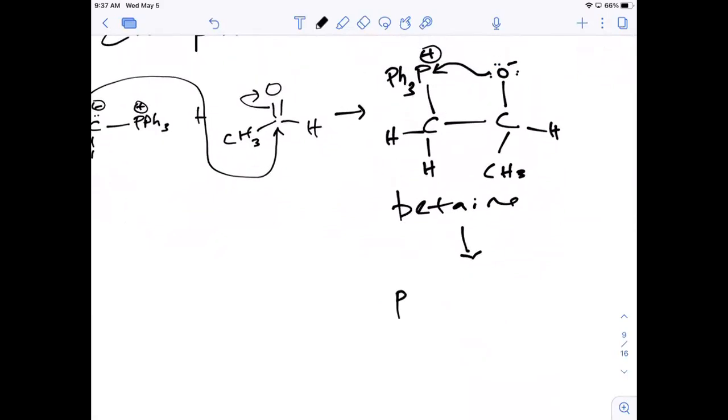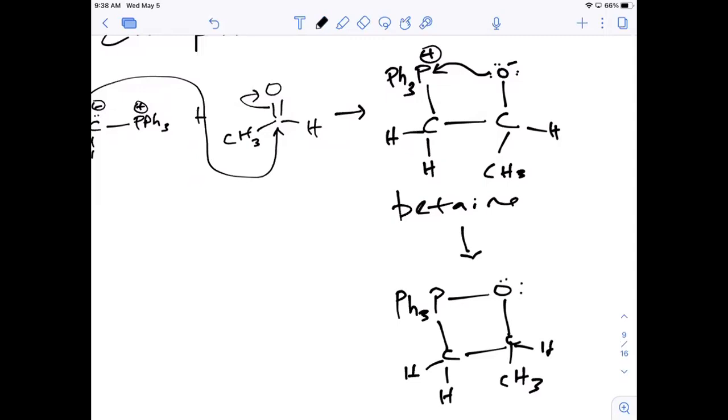and so now you end up with this species. And the CH3 and the H are still here, and the two hydrogens on this carbon are still here. Now let me clean that up. Right, and now this is new. Everything is neutral now, so all the charges are neutralized. You still have 2 lone pairs on oxygen, and this